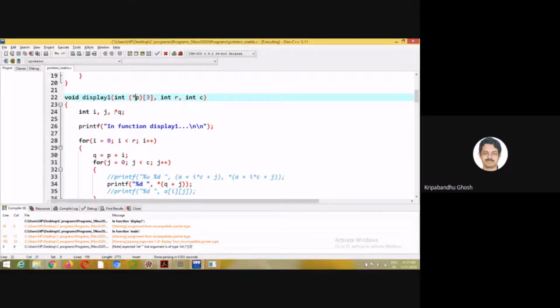So I have to take another pointer, that is Q, and Q can be assigned this particular value. So P is pointing to the first row, and the elements of the first row can be accessed by this. So this is basically pointing to the first row only. So this is as good as an array.